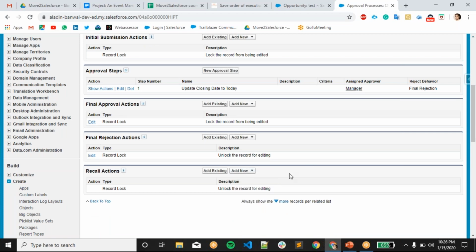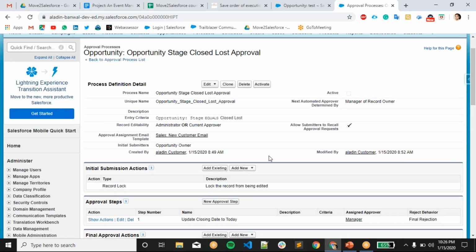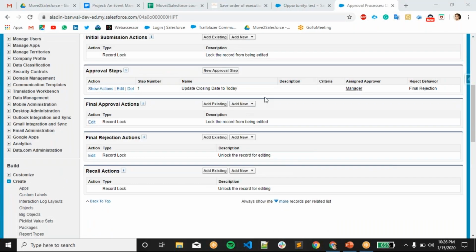So this is the approval process. Right now you will see this is complicated, but when you go and create it by yourself, you will get it properly. I don't know how much you have understood from me, but yeah, this is not a very very important topic, but yeah, it's an approval process.